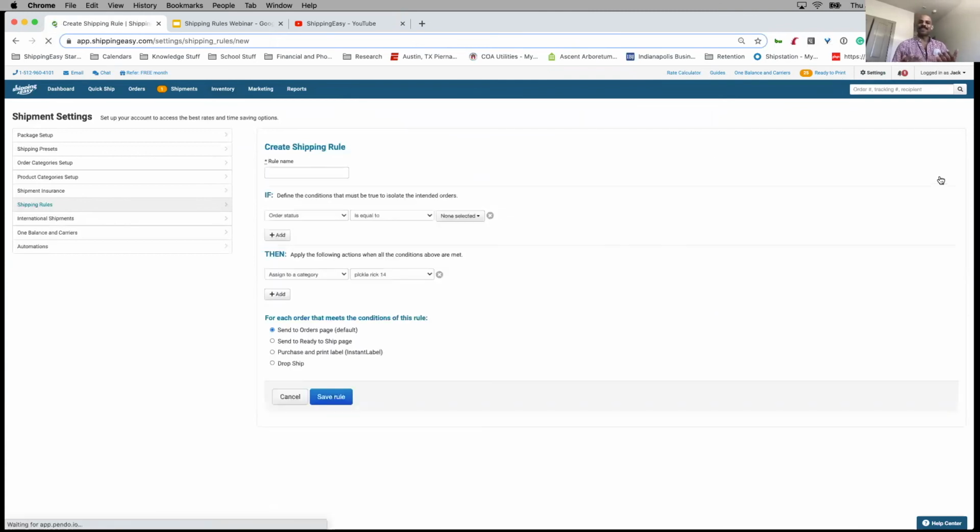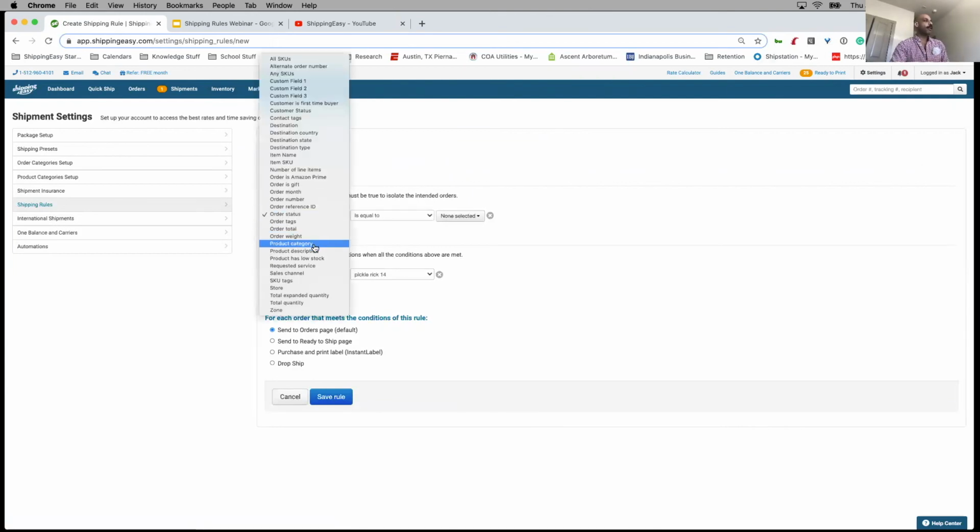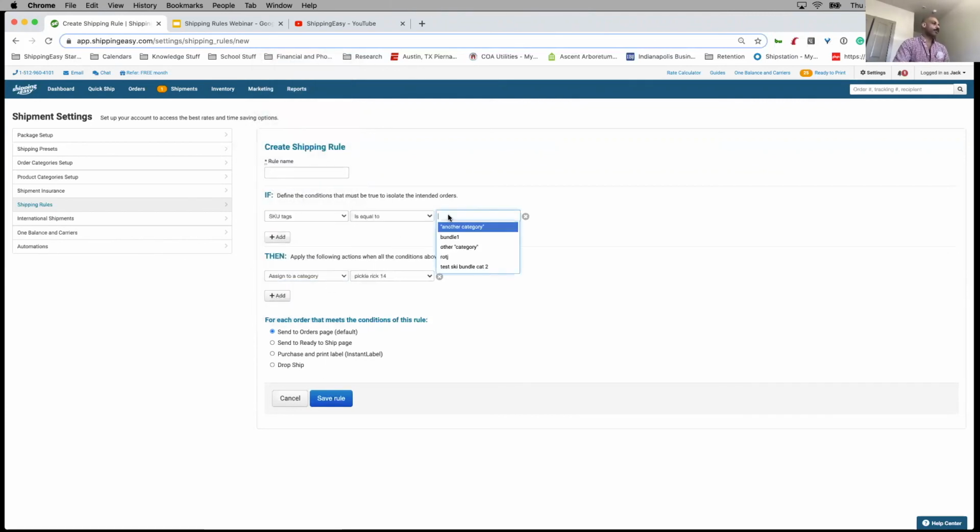So sometimes I just have to talk through it before that aha moment goes off in my head. But yeah, in that case, you would say if the product tag, which is, you can tell how often I use the tag. It's called a SKU tag inside of rules. It's called a product tag in the product catalog. But we could say if that's equal to Return of the Jedi, there it is, then we're going to assign